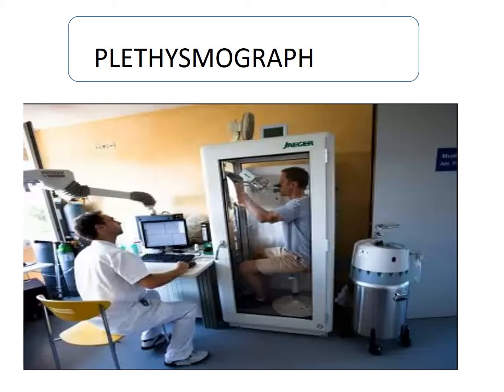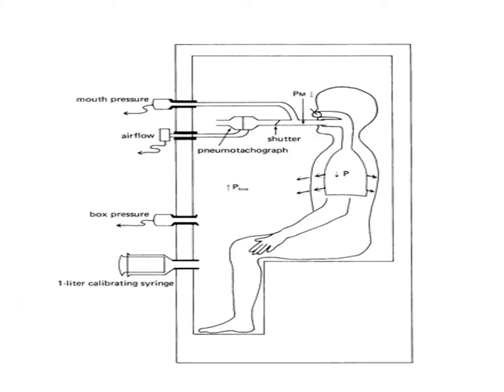Plethysmograph. A plethysmograph is used to measure the volume changes in any part of the body that result from the pulsation of blood occurring with each heartbeat. It's also used to measure the total lung capacity. These measurements are useful in the diagnosis of arterial obstructions and in pulse wave velocity measurements, which may lead to determining heart rate.